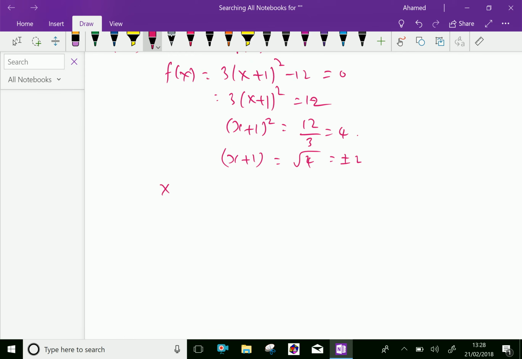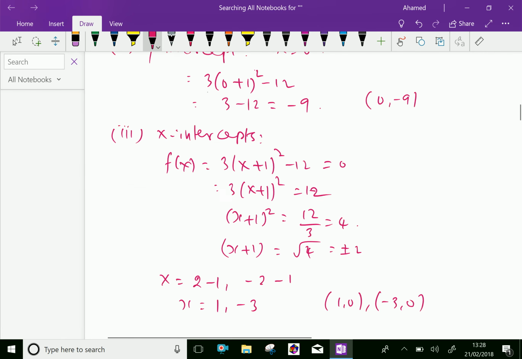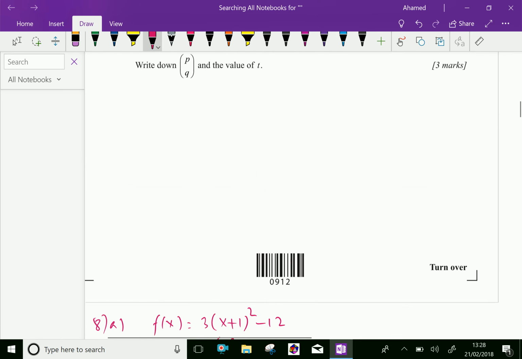Therefore, we can write x equals positive 2 minus 1, and negative 2 minus 1. Therefore, x equals 1 and minus 3 are the x-intercepts. Now, in coordinate form, we can write 1 and 0, and minus 3 and 0. That part we finish. Next,